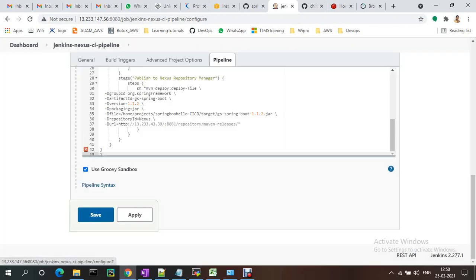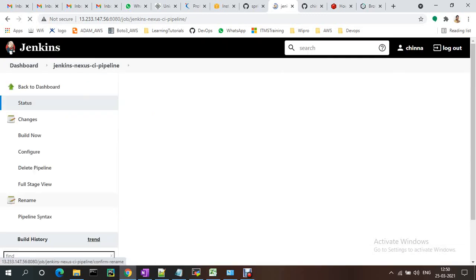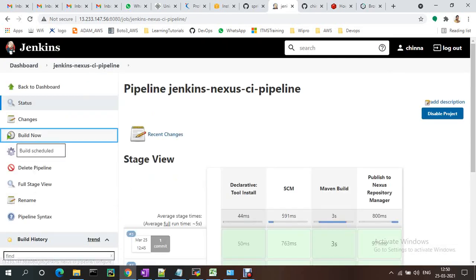Some error is there. Let me cross verify. Build now.